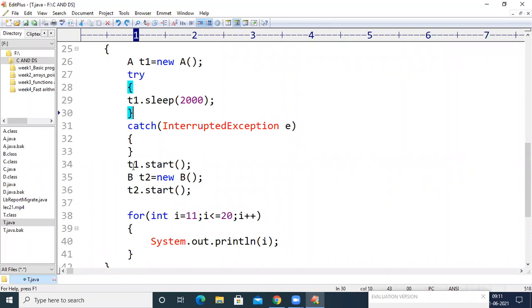If you know the name of the exception, you can give that name. For example, if you know the above code is going to give an arithmetic exception, then you can give ArithmeticException here. If you don't know which type of exception will be raised, simply give Exception. That will handle all types of exceptions.